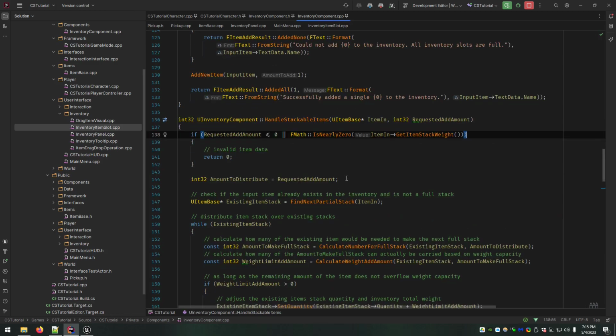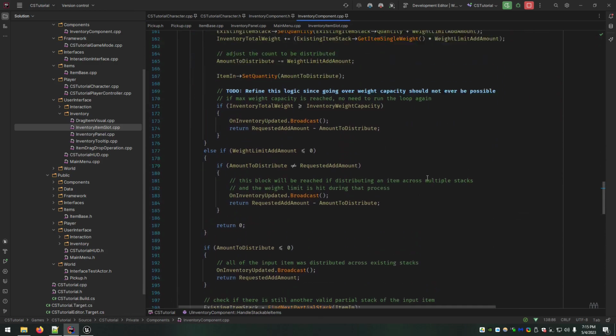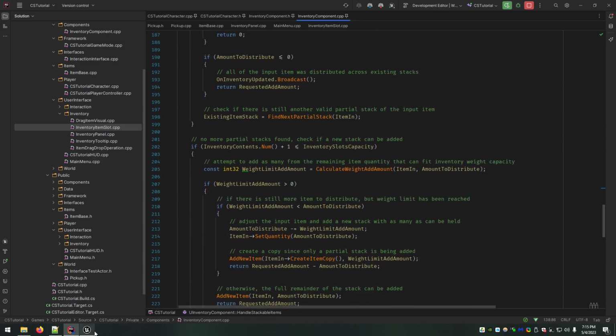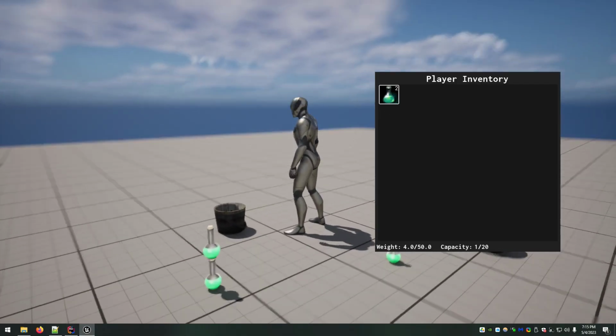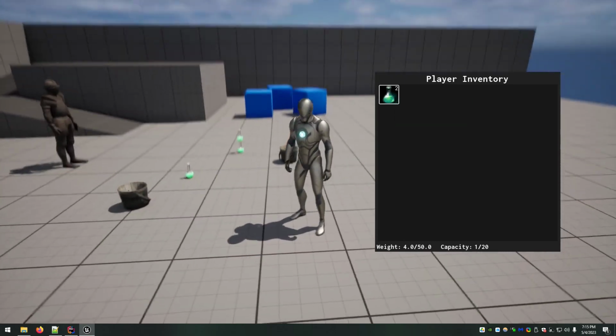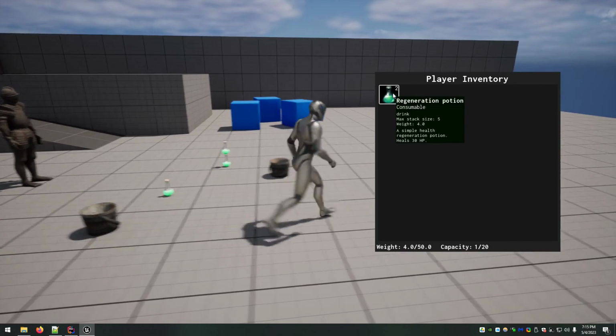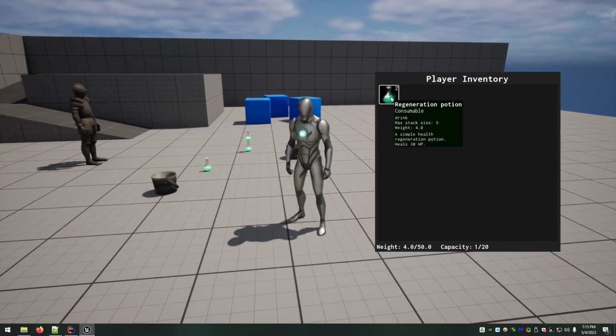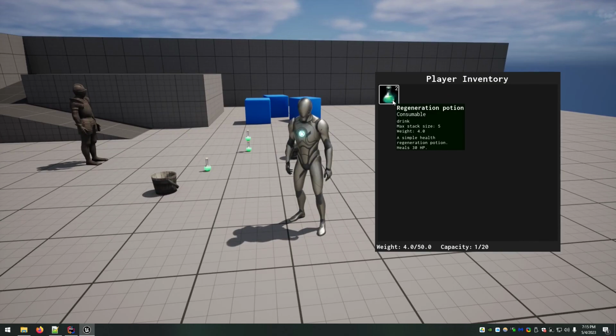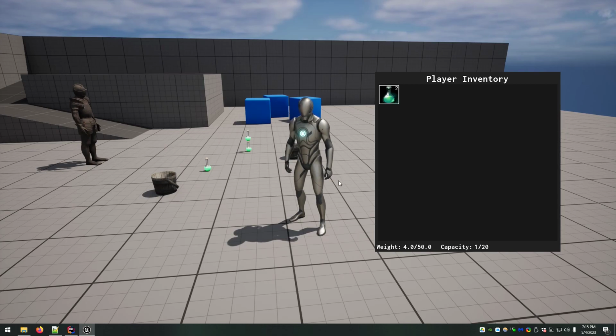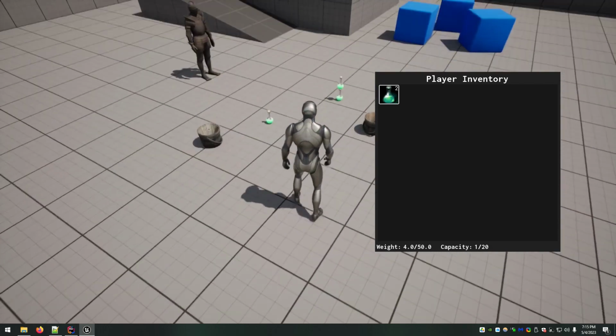Everything's looking real good and seems to be working really well. We've got stackable item functionality now. And so at this point, you can take this and expand on it pretty easily to add any kind of other custom stuff you want. So yeah, in the next video, I think will be the one where I add in this aim functionality, and then I'll start working on showing how to build containers, like chests and stuff that you can interact with.